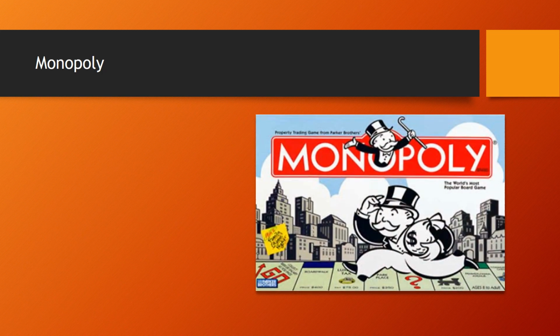The last source of market failure we'll talk about is a monopoly. Here's a picture of a monopoly. Monopoly is a single seller. There are lots of buyers, but only one seller. Monopoly is inefficient because the monopoly's choice of output is such that price is greater than marginal cost. If there's a monopoly, this means from the point of view of economic efficiency that there's too little output.